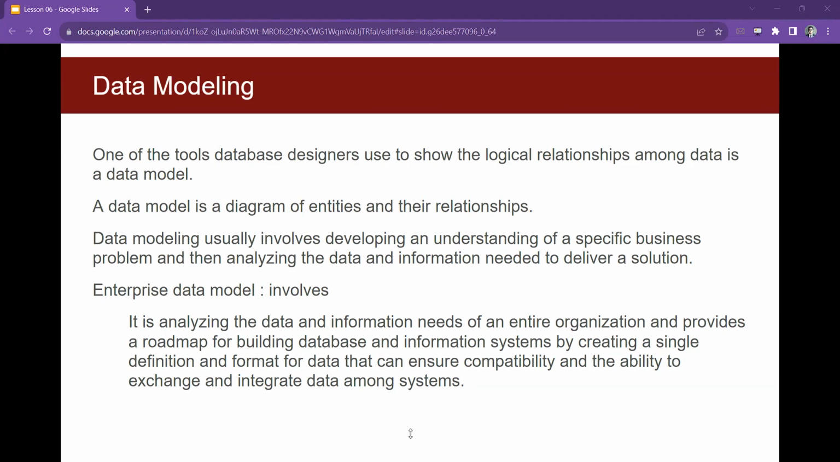So data models provide a visual representation that may aid in designing efficient databases and understanding data interactions. That means data models bridge the gap between the business requirements, that means the user needs, and the technical implementation. So they enhance communication among the stakeholders, users, and the database designers,